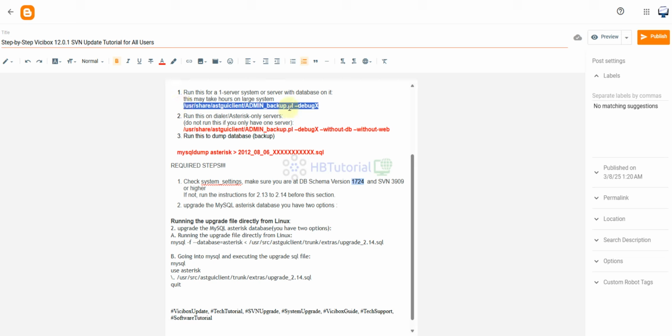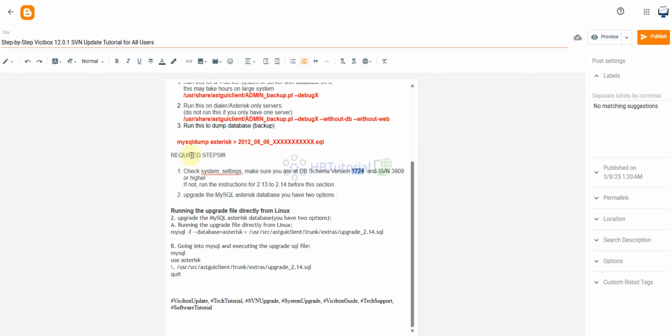You can back up the whole database and asterisk settings. This one, without DB and web, is the asterisk server only, and this one is for the database only. The next requirement is to check our schema version and the SVN version.